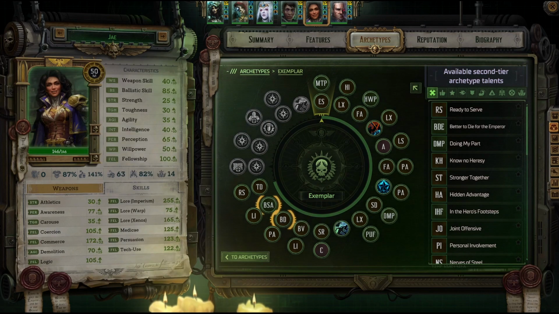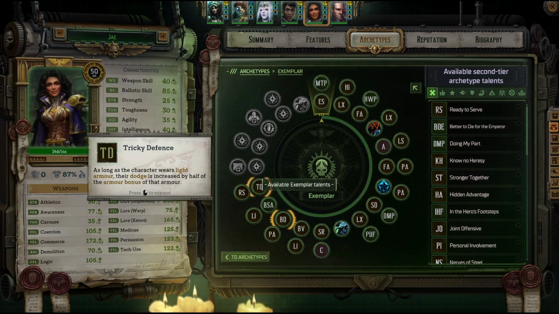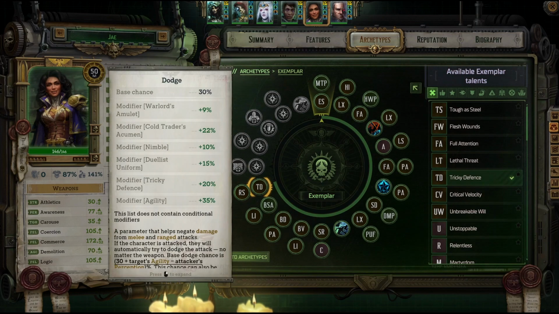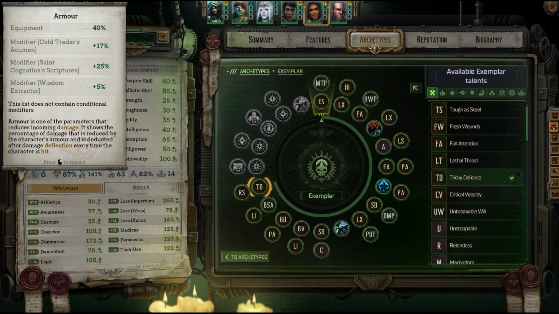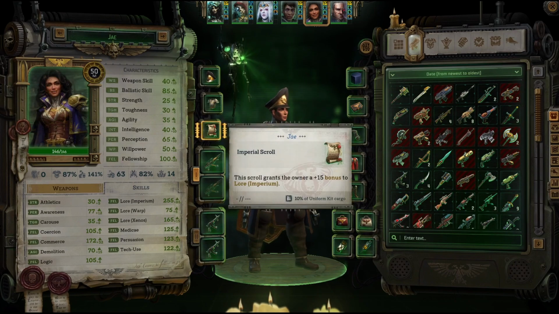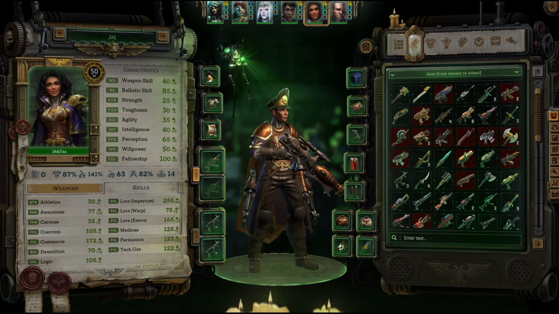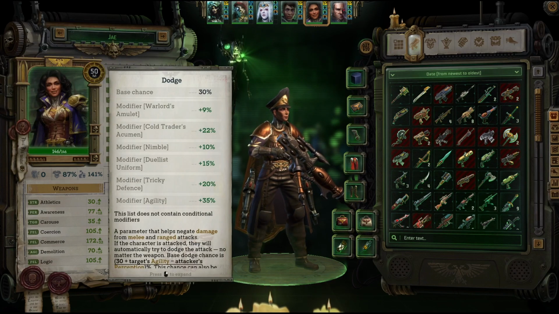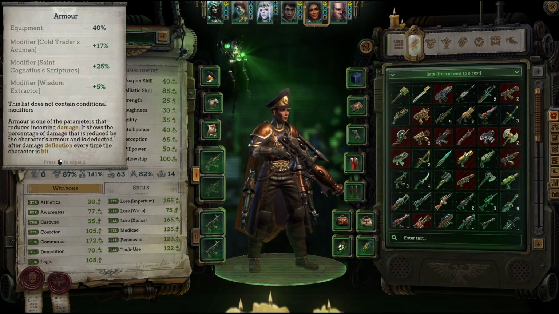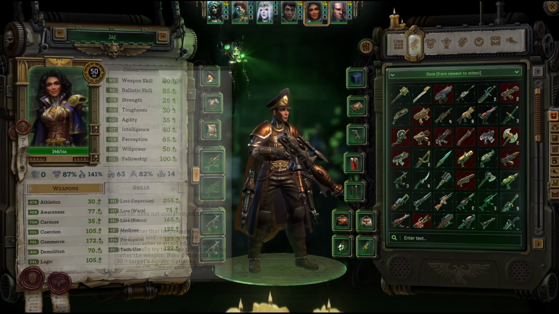So perception, ballistic skill, Imperium, Tricky Defense. Tricky Defense again gives her more dodge. She gets a lot of armor because of the trinket she is wearing, because her Lore Imperium is through the roof, and she gets 10% armor of Lore Imperium. And then you take Tricky Defense and suddenly your dodge is at 142, like plus 20% from Tricky Defense. So pretty solid in terms of stats, I would say, in terms of both dodge and armor here,